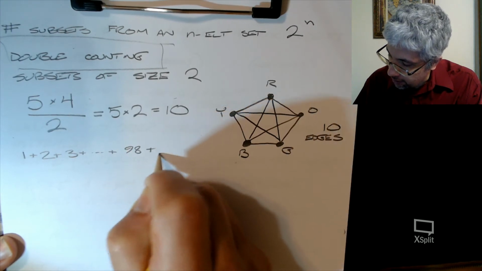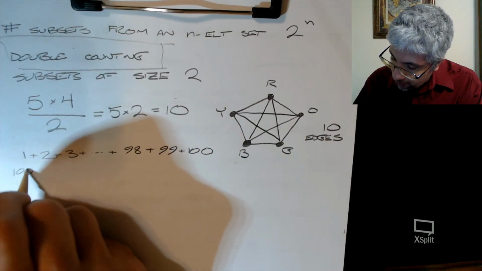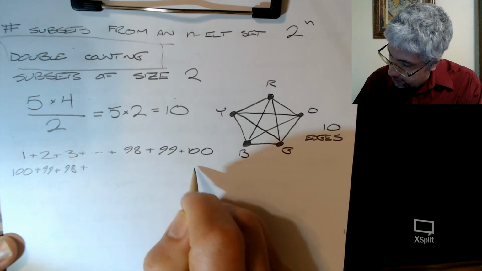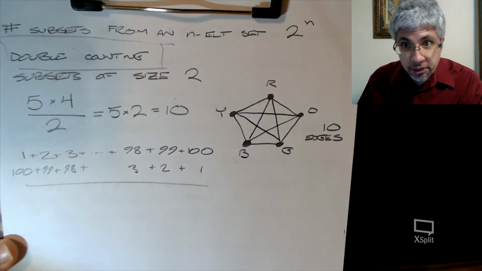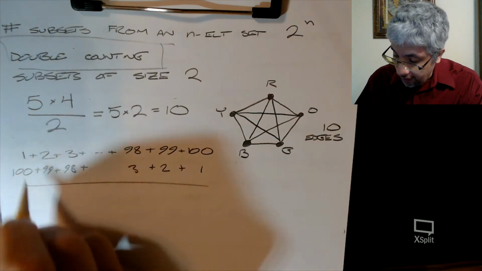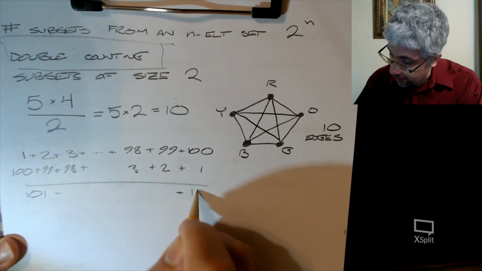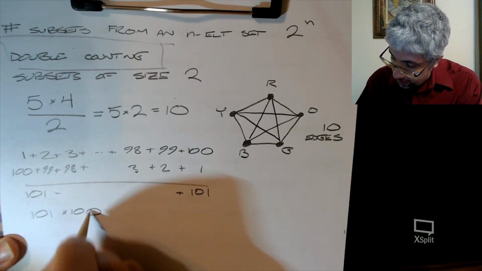The teacher told the students to add the numbers from 1 to 100, which sounds a little tricky. 1, 2, 3, ... 98, 99, 100. But the thing is, if you double count, if you count every number twice, you can count them one in one direction and one in the other. So you're double counting in order to make your life easy. What do I have? I have 101, and how many times do I have 101? Well, I have 101 100 times. So I have 101 times 100,